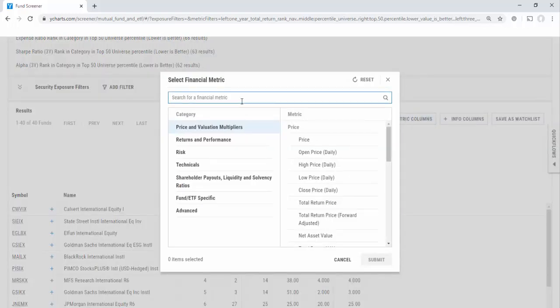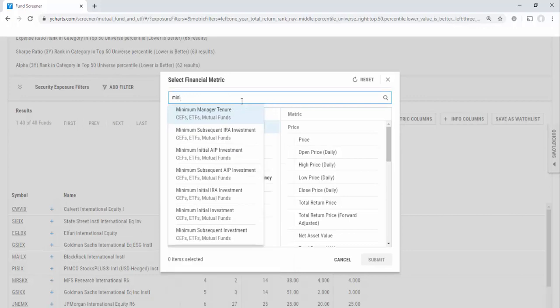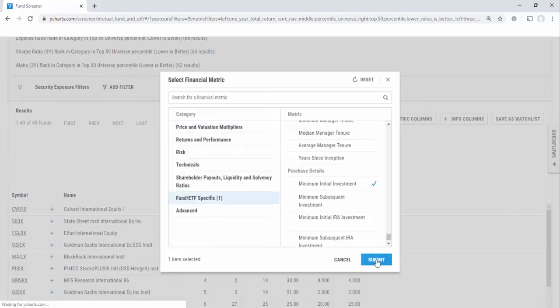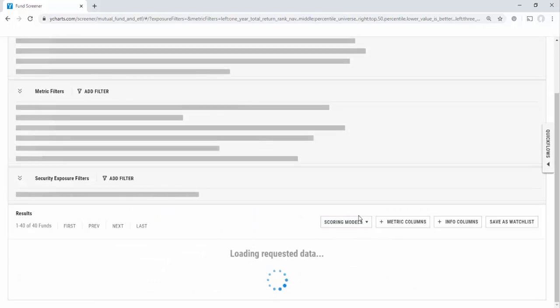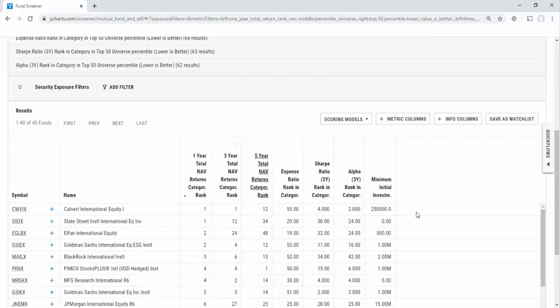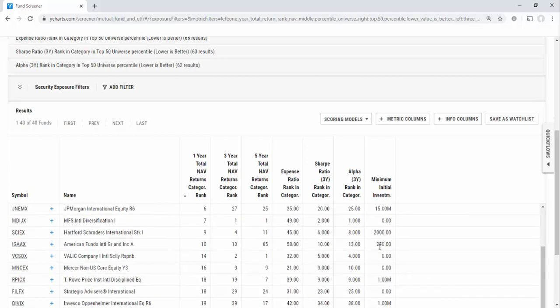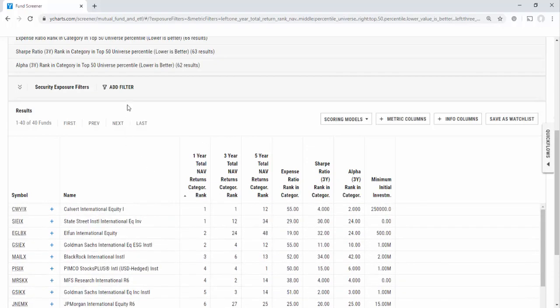One is, what's the minimum initial investment? My advisor, he didn't want to have a huge minimum initial investment, and some of these might have that. So let's go ahead and add that in as a column and see what comes up. All right, you can see there that that first fund has a minimum initial investment of $250,000. That might be a little bit high for our liking, so why don't we actually take some of these out after taking a quick look at these and say, let's filter out those